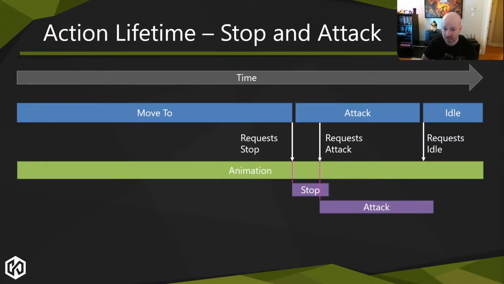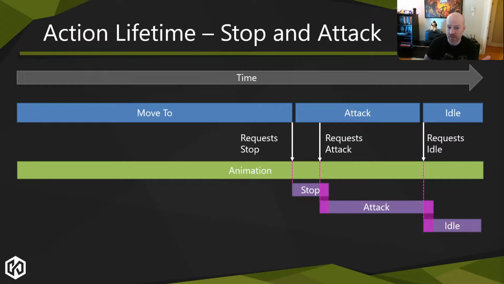The idle action kicks in and says, oh, you need to be in locomotion, and I'm going to request an idle animation state, which will then trigger the idle. And then we will blend from the last couple of frames of the attack into the idle. And in the graph or whatever, they can handle that explicitly and say, oh, I was in an attack, I've been told to go to idle, maybe I have to do something special in those cases.